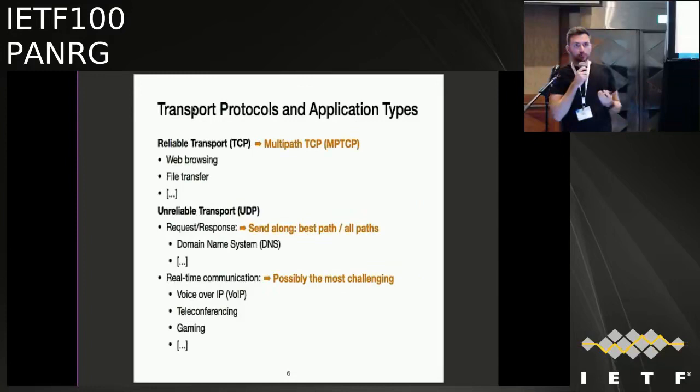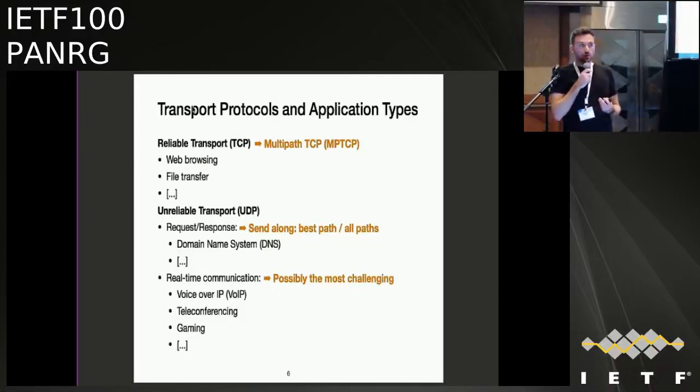So I also hear sometimes, should we optimize for throughput or latency? Does the application care about throughput or latency? And I think in most critical cases, it's both. Of course, it's not straightforward to optimize for both throughput and latency, but I think in most cases, both matter. So a more meaningful question is, does the application need a reliable transport or an unreliable one?